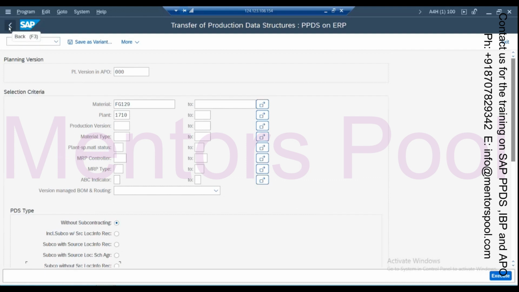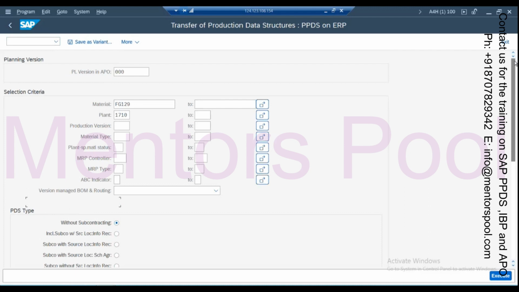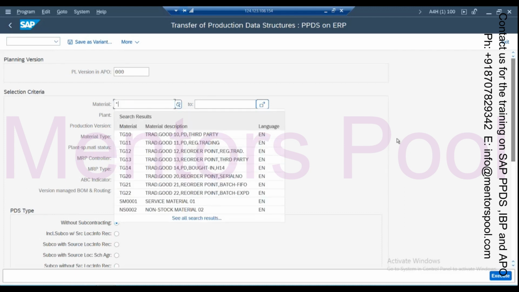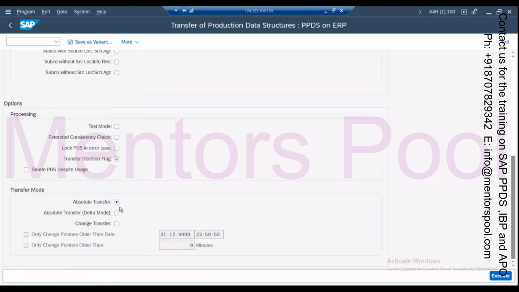Okay. But the only concern is with absolute transfer, there may be some other data that may get transferred, or is it not like that? So your concern is in case you are not giving a product, say star products and 1710 as a plant, and every time you are doing an absolute transfer. What kind of issue do you anticipate? Like some other products are also changed and